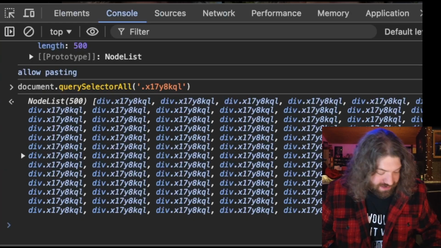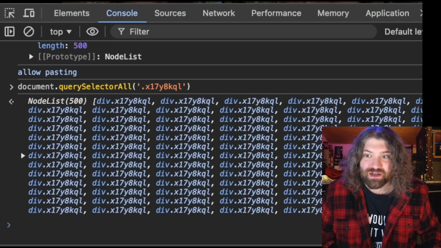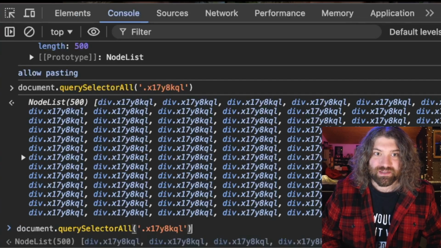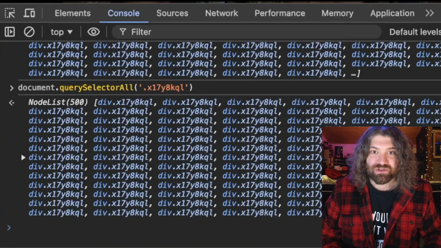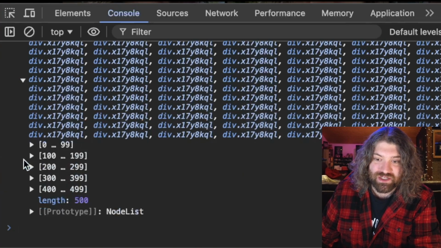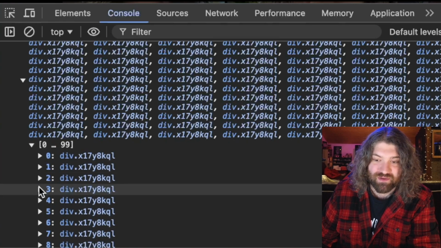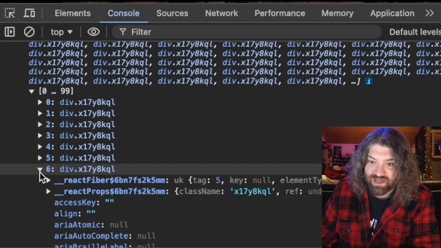Here's what I'm working on. I got the console open and I'm trying to find all of the chat messages to be able to differentiate them so I can clear out the annoying join notifications. I can type in document.querySelectorAll and it shows me all of the messages and all the notifications. So some of these divs are messages and some of them are join notifications. As you can see, it's 500. It looks like a ring buffer of the last 500 events. And if I click into one,